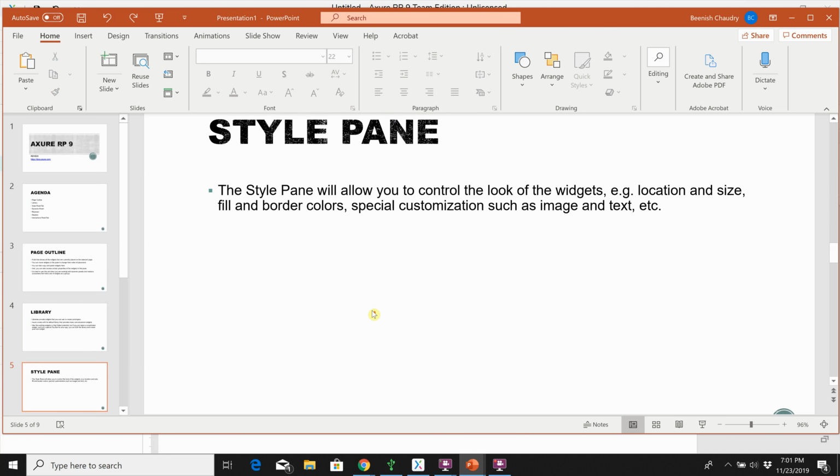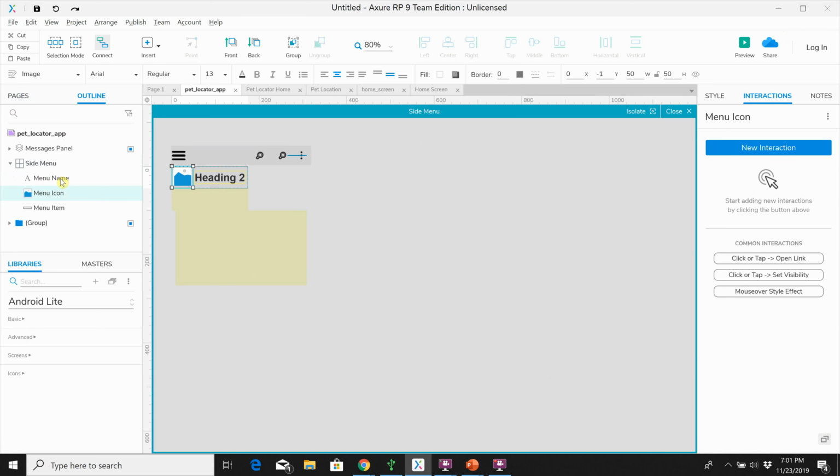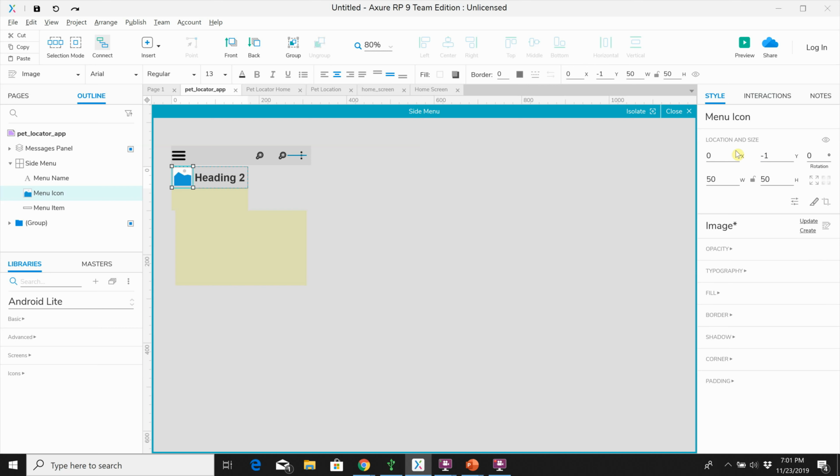Next is the style pane. So this is very simple. A style pane allows you to control the look of any selected widget. So for example, right now I have selected an image widget. It's called menu icon. I can go to the style tab and control its location and size, the location and size of this menu icon. I can control the opacity, the look of the text it holds,